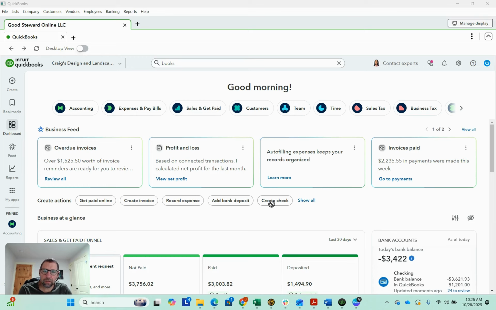thegoodstewardonline.com. We are a bookkeeping business located in Wasilla, Alaska, and we focus on doing books for churches, non-profits, and Christian-owned small businesses. Today, I want to walk you through a situation in QuickBooks Online where you have a bill